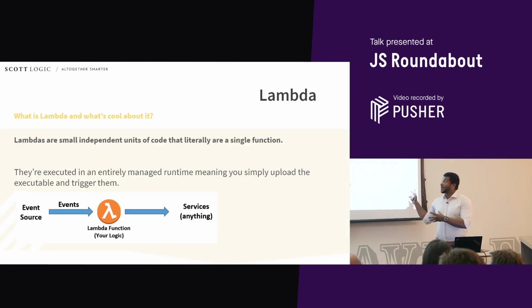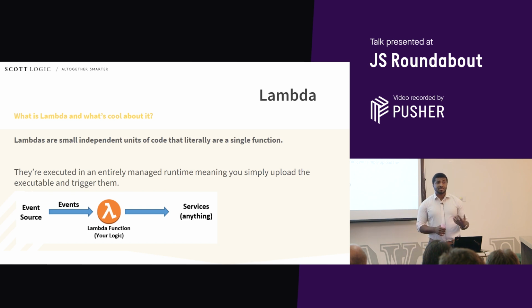The next thing I'm going to talk about, quite a lot, is Lambdas. Lambdas, if you're not familiar, is a function-as-a-service AWS service that is provided to you. They are small independent units of code which can be executed as a result of an event. So that could be someone uploading a picture to an S3 bucket that you've configured,